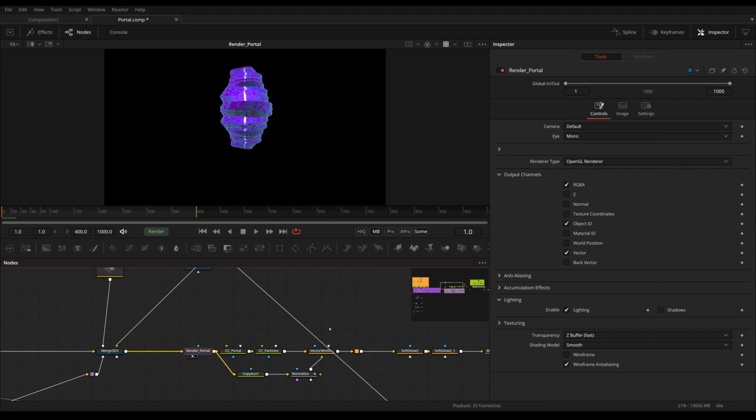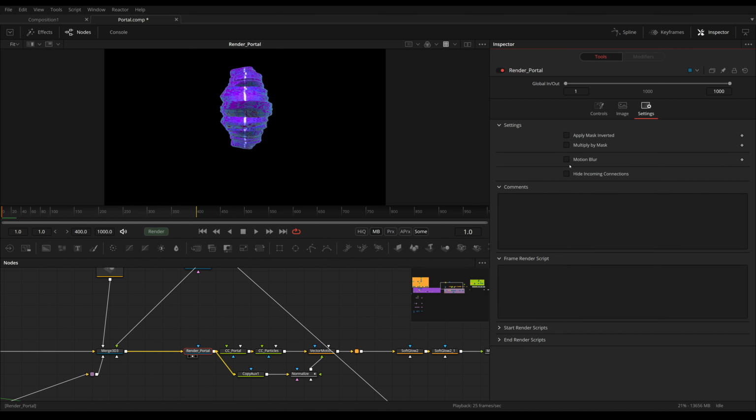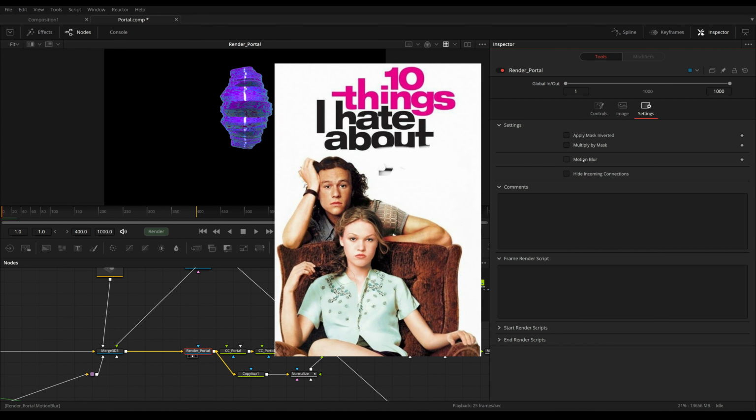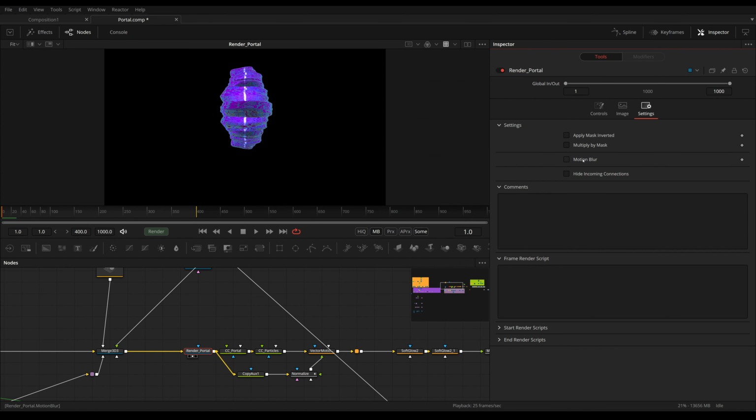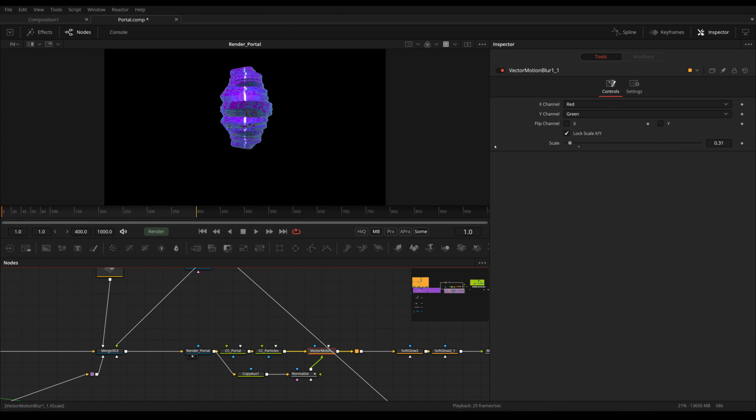I've talked about this in a previous tutorial, there is this motion blur tab right here which you can use, but this iterative motion blur will kill your performance in most cases. This is fine for 2D stuff, for adding motion blur to a mask, but for 3D this is usually killing your performance without having any benefit because it usually looks very ugly. This vector motion blur right here is also just a 2D motion blur. This can't produce any curved results, but in most cases this looks better and is faster than the iterative motion blur on our renderer 3D.